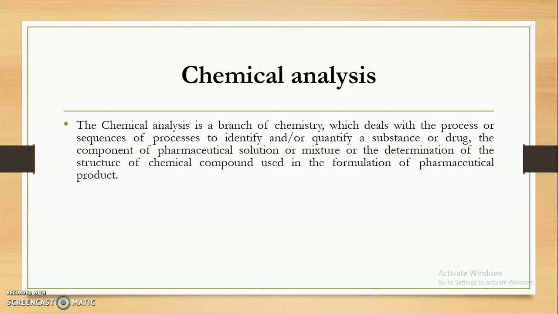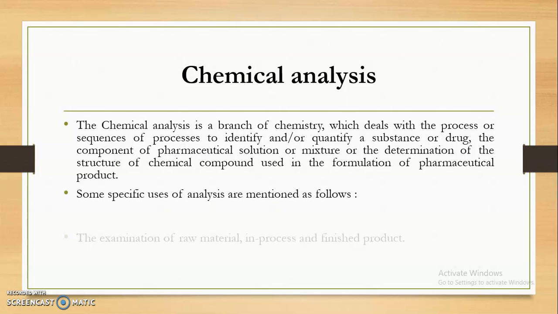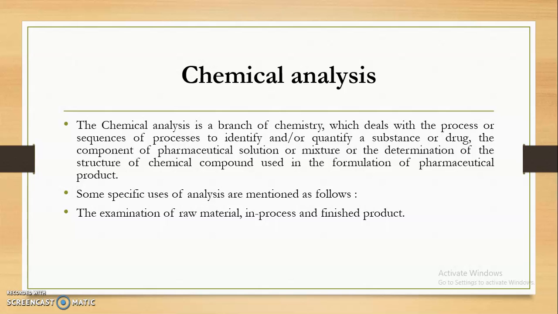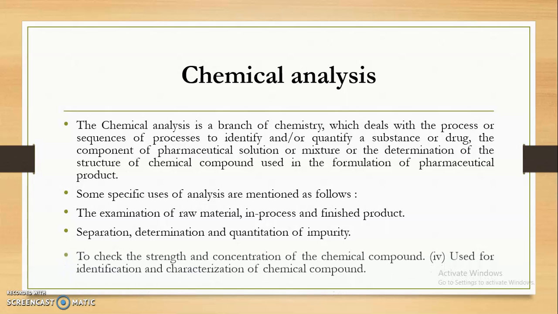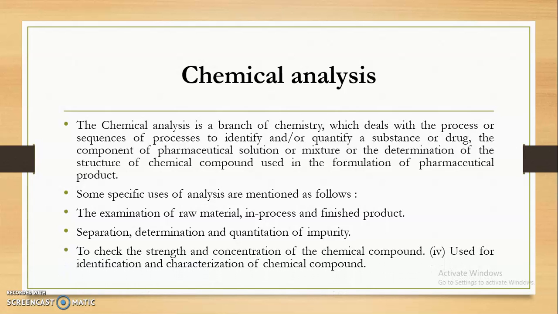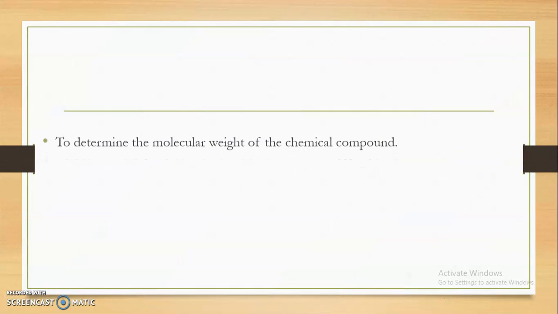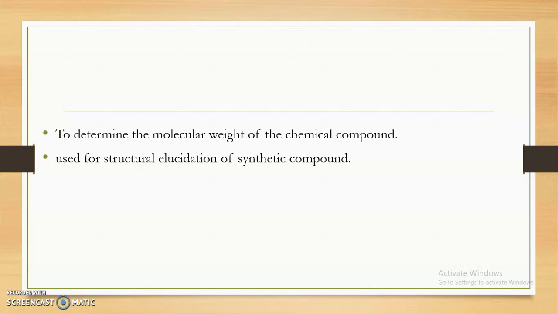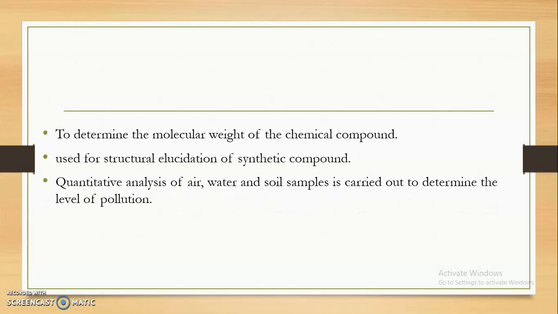Chemical analysis is a branch of chemistry which deals with the process or the sequence of processes to identify or quantify a substance or a drug, the compound of a pharmaceutical solution or mixture, to determine the structure as well as the chemical compounds that are used in the formulation as well as the pharmaceutical product. Some specific uses of analysis are as follows: examination of raw material, in-process as well as finished product, separation, determination of quantity and quantitation of impurities, to check the strength and concentration of the chemical compound. Then to determine the molecular weight of chemical compounds, used for the structural elucidation of synthetic compounds, quantitative analysis, and